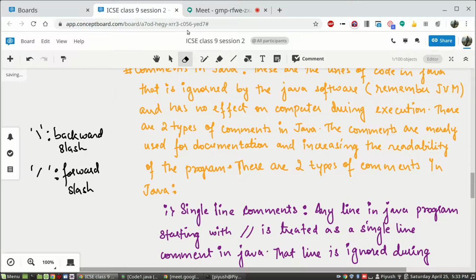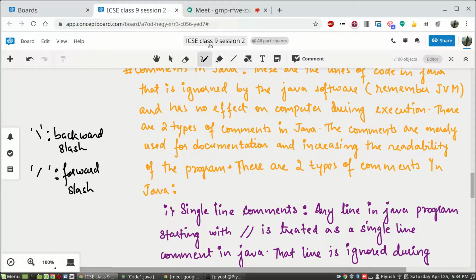Any line in a program file containing your Java codes, if it starts with two consecutive forward slashes without any space, then whatever you write after those two forward slashes in that one particular line, as far as you are not changing the line, will simply be ignored by Java.